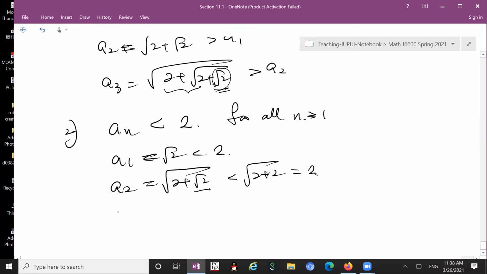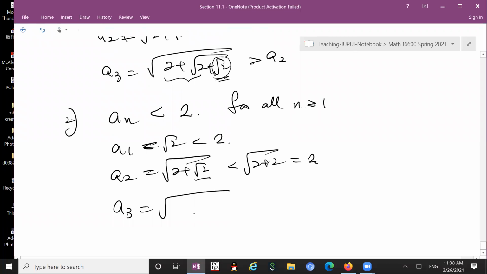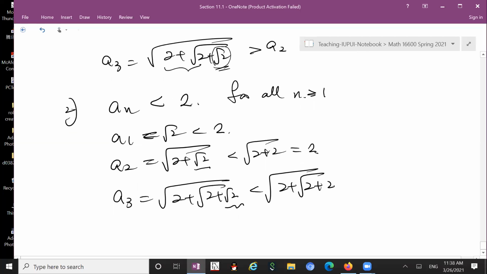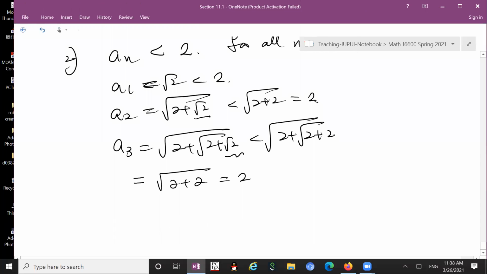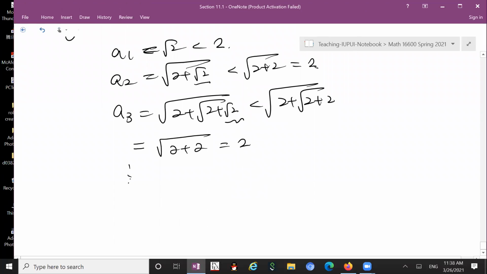And a3 is square root of 2 plus square root of 2 plus square root 2. So I'm going to change the square root 2 to 2. Then square root of 2 plus 2 is going to be 2. So once you replace the last radical by 2, you immediately get rid of all the radicals. So in general, a_n is 2 plus